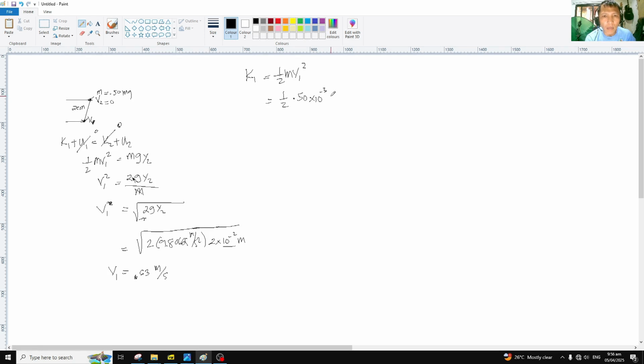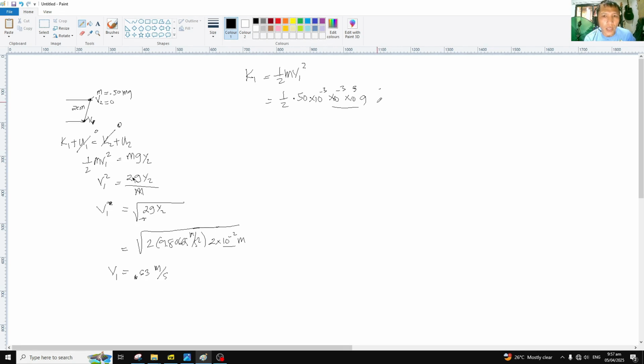Pwede ko na i-gram din pero pwede ako mag times 10 to the negative 3, tapos times 10 to the positive 3. So, ini nga duduha equal to 1. Tapos bubutangan ko hin gram. Okay? Padayon na ako. So, and then you have your V1 to be